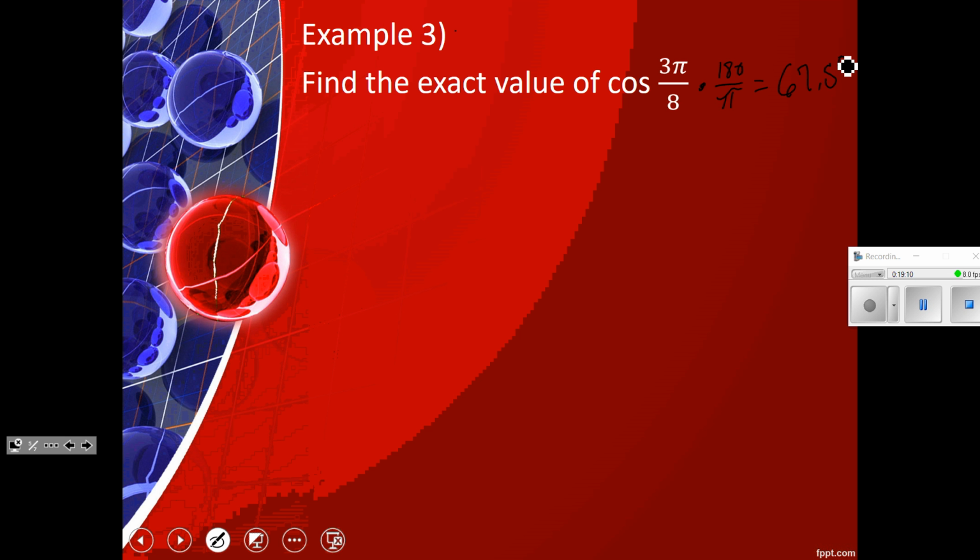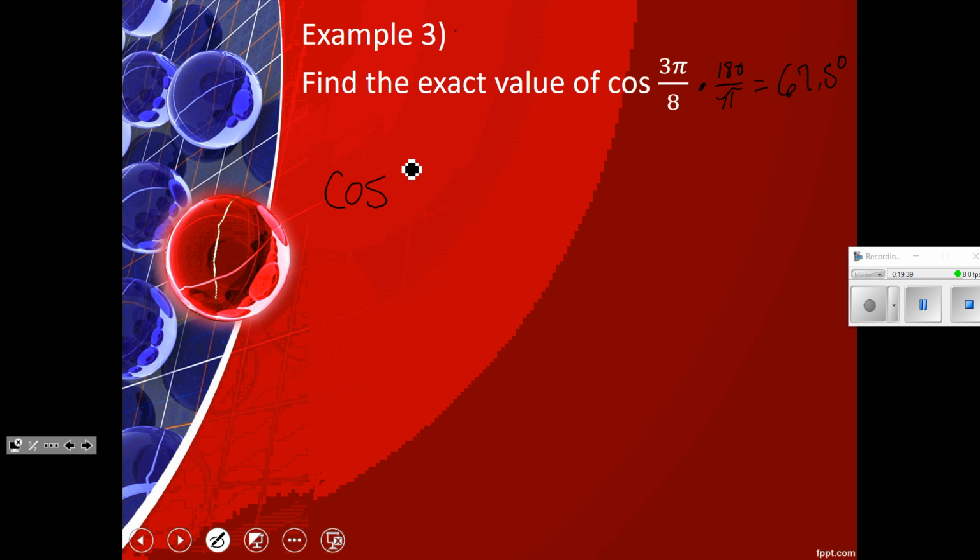Can you subtract something to make 67.5? Or could you double 67.5, meaning 67.5 would be the half angle? Does that make sense? And we figured you can't add or subtract. You would not be able to do this problem with the addition or subtraction formulas. You would have to double 67.5 and you get